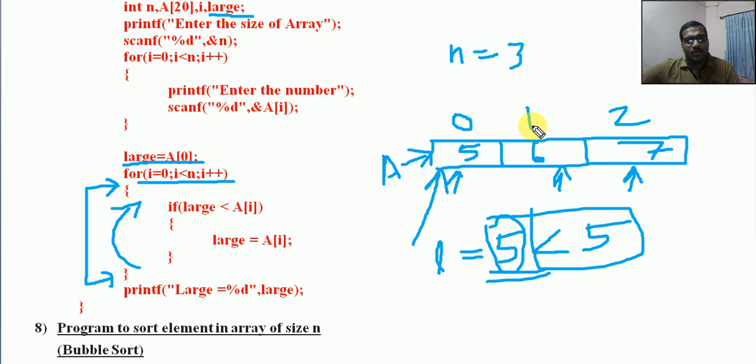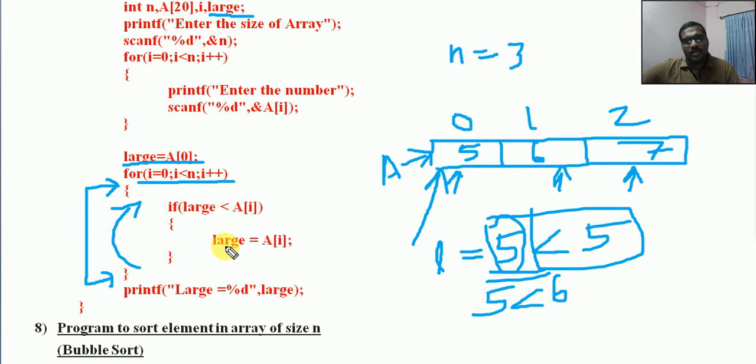I is equal to 1. I less than n, 1 less than 3. It will enter into this loop. If large, that is if 5 less than a of 1, that is 6. If 5 less than 6, it is true, right? It will enter into this